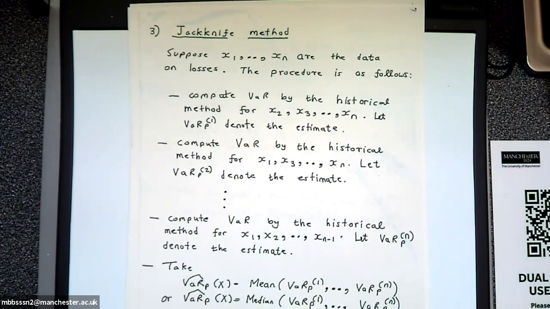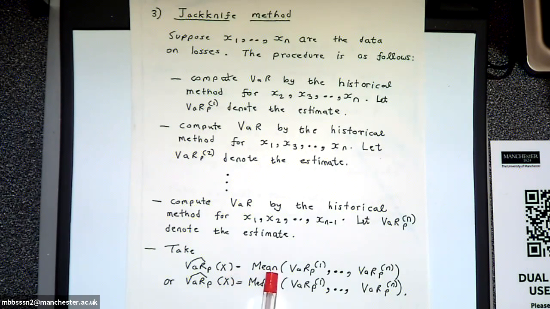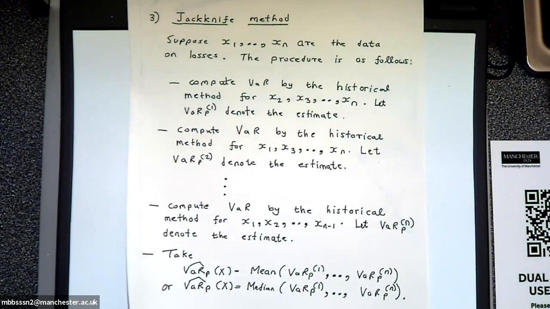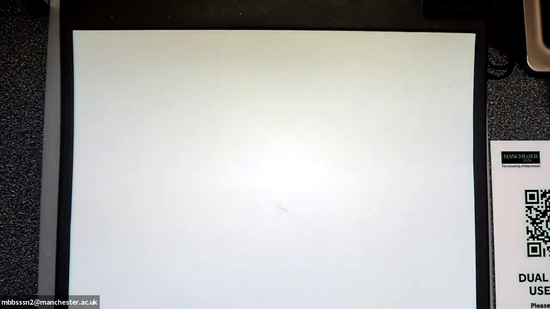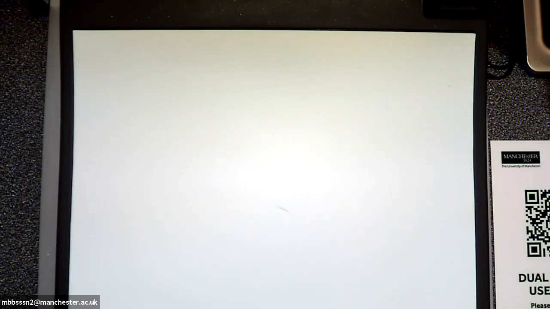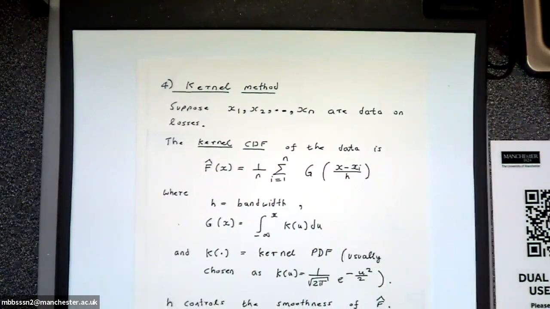So the very final step is to take the mean or the median of the n different estimates for VAR. Okay, so that's known as the Jackknife method. And the fourth method is the kernel method. This is actually a good method. I mean, kernel method is one of the